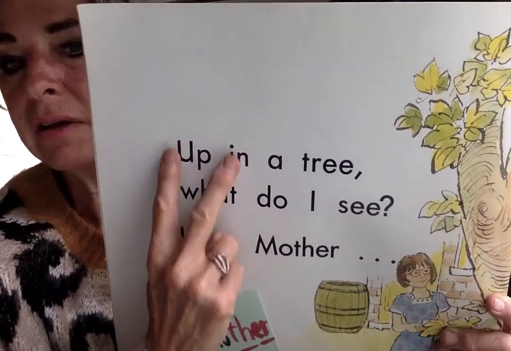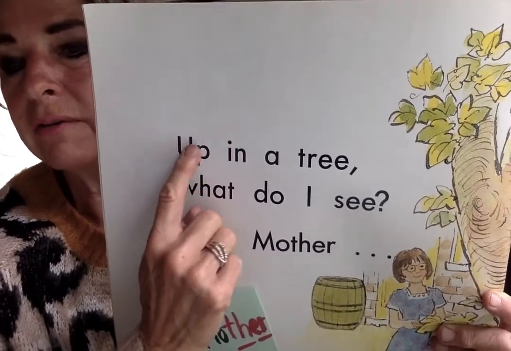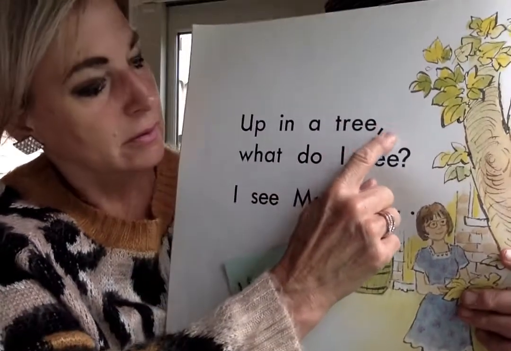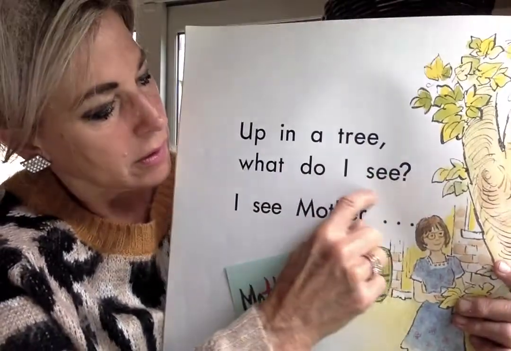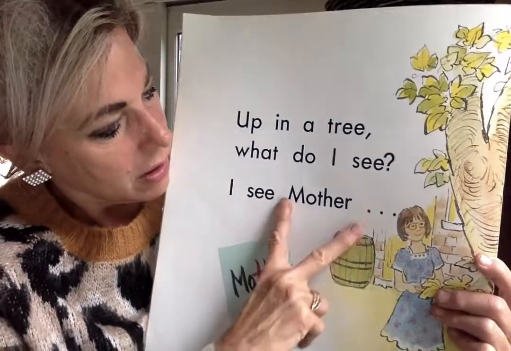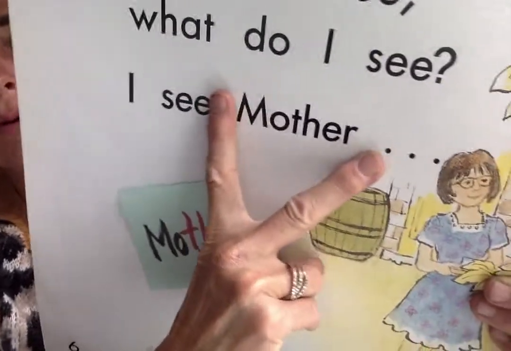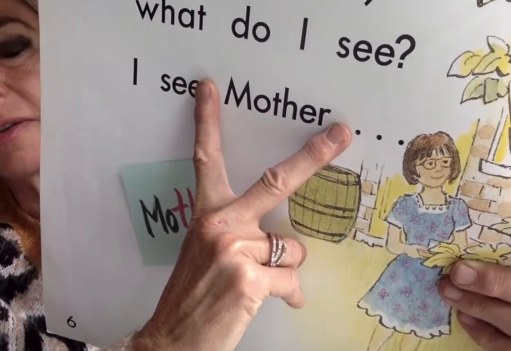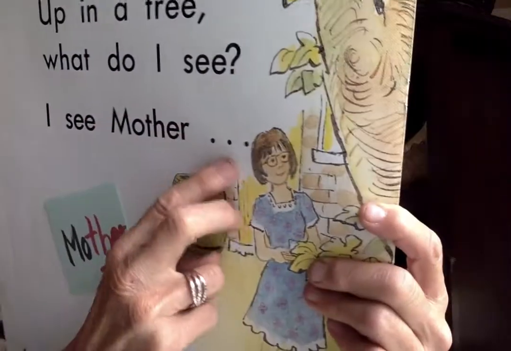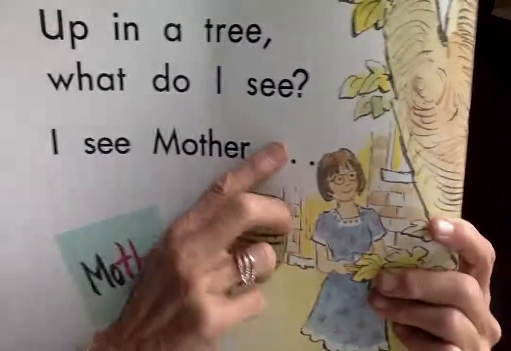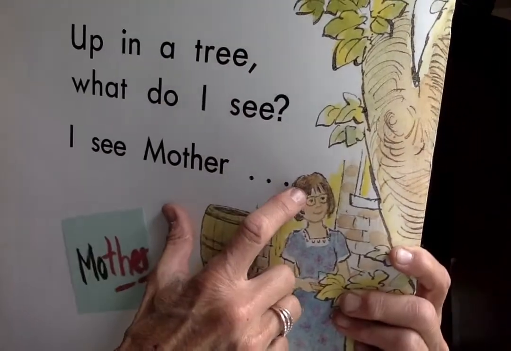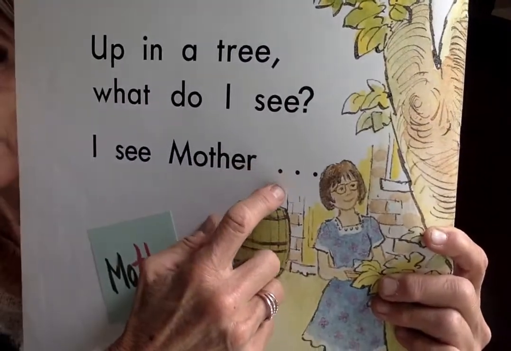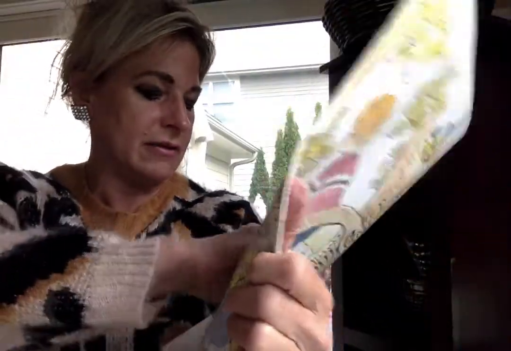Up is our first word. Find our last word. Where do I go? Keep going. Where do I go? Last word. Remember, words have space between them. Mother is the last word. This is called an ellipsis, meaning more to come. It's not a period. We're not done with our sentence yet. But where would the last letter be on this page? Where do you think the last letter is